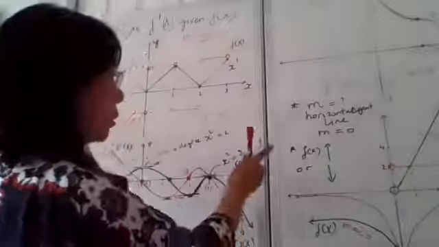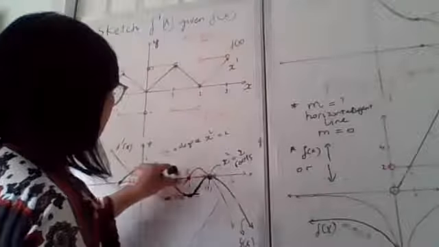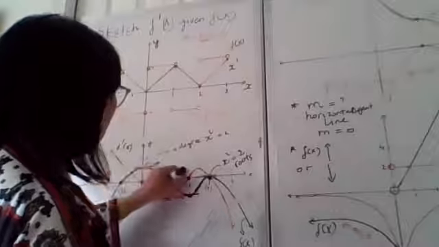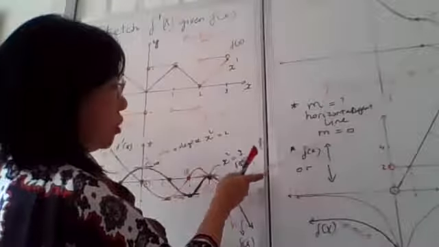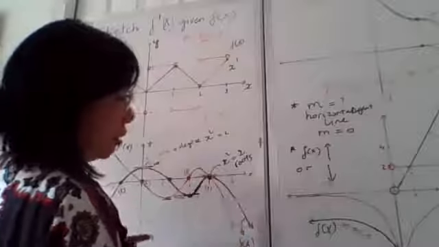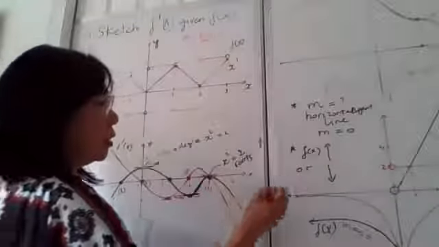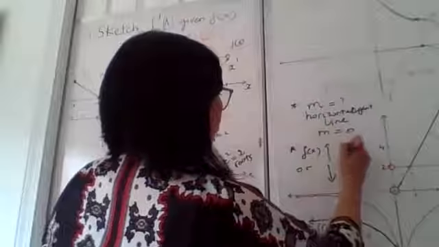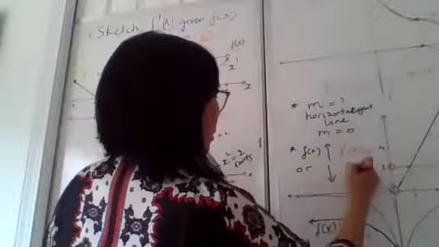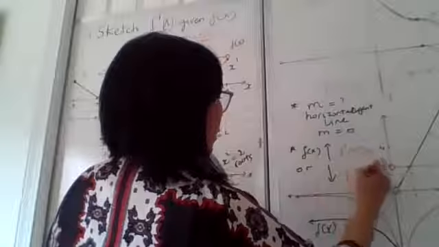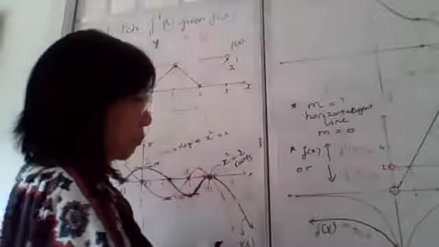So first we check the slope, mark the 0 point where the derivative goes through, and then watch whether the function is increasing or decreasing, right? If the function is increasing, then f prime of x will be positive, and if it's decreasing, then f prime of x will be negative. And now we know that after this,